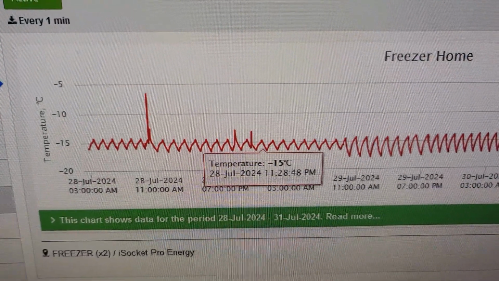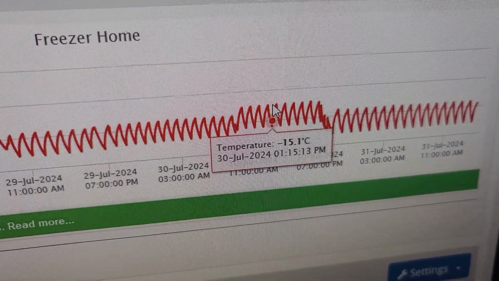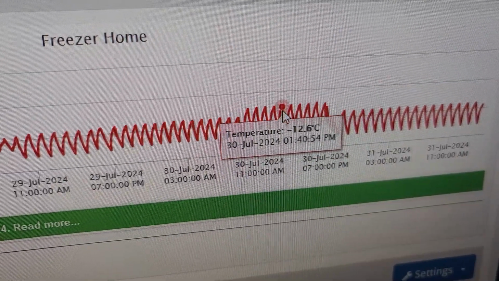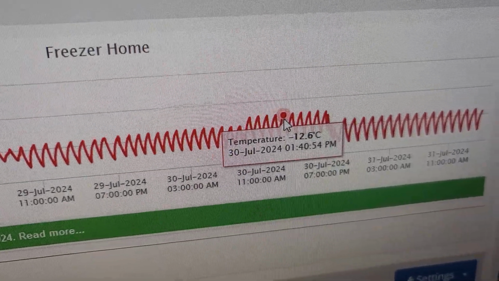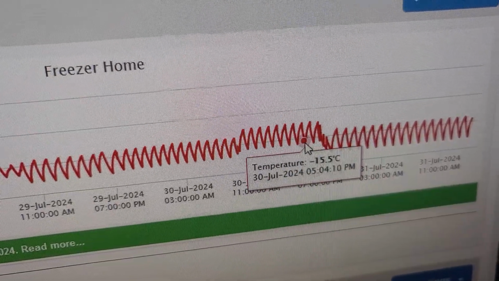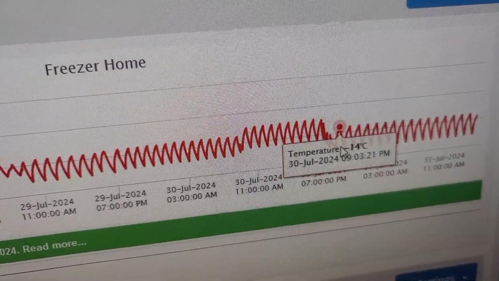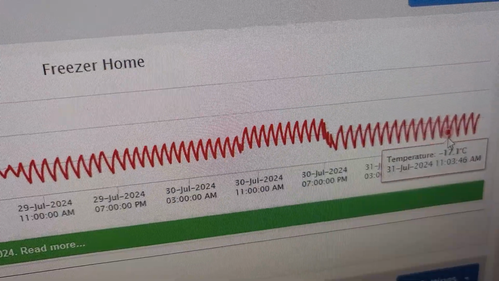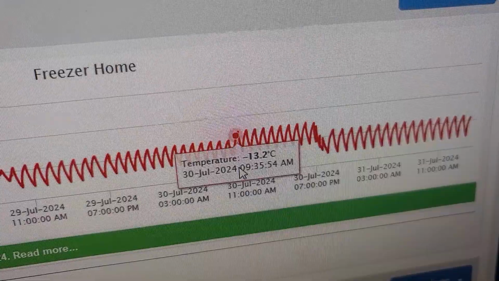Here is -15, so we sometimes even at minus... it's so difficult to catch the point, -12. Yeah, and my notifications was set to -13, and that is because I actually moved the sensor close to the door. Yeah, so I realized it. It's a little bit fall out, and then when I moved it deeper, we are again on the lower range. Yeah, so it's just quite interesting stuff about sensor location within the freezer.